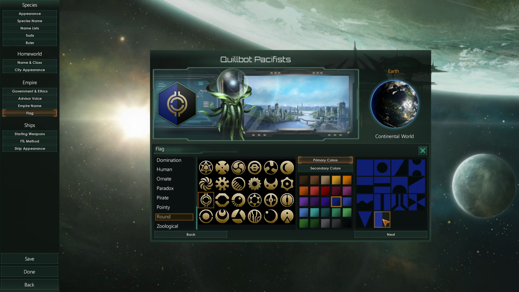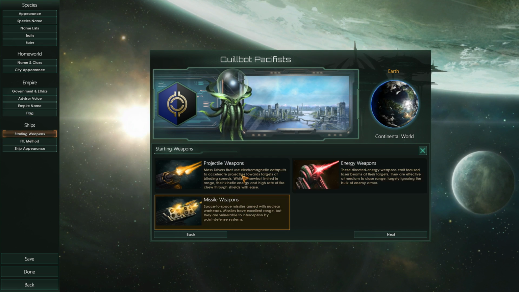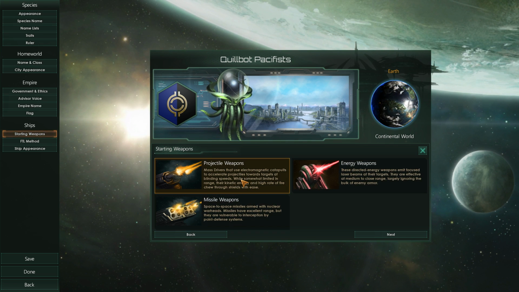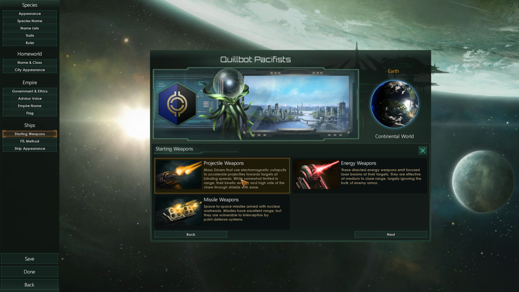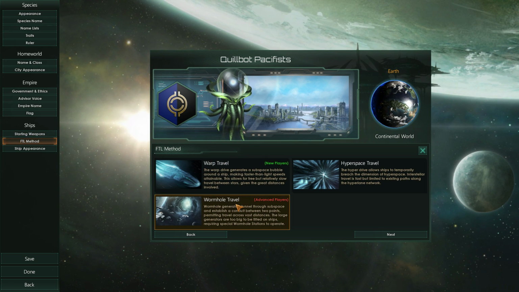I think I like this. I don't know why, but it's doing it for me. Starting weapons... Let's go projectiles. Let's throw rocks at people. Doesn't really matter. I know I want to go wormhole travel because I've gone hyperspace travel the last few times,